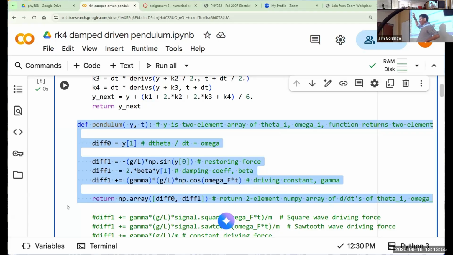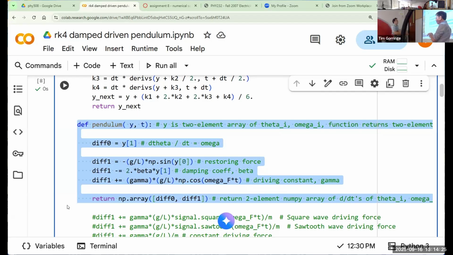That's the variable that contains the angle of the pendulum and the angular velocity of the pendulum. You can reference those 2 elements individually by y of 0, the 0th element, and y of 1. So it's a 2-element vector with position and velocity coordinates that we use separately when we define the differential